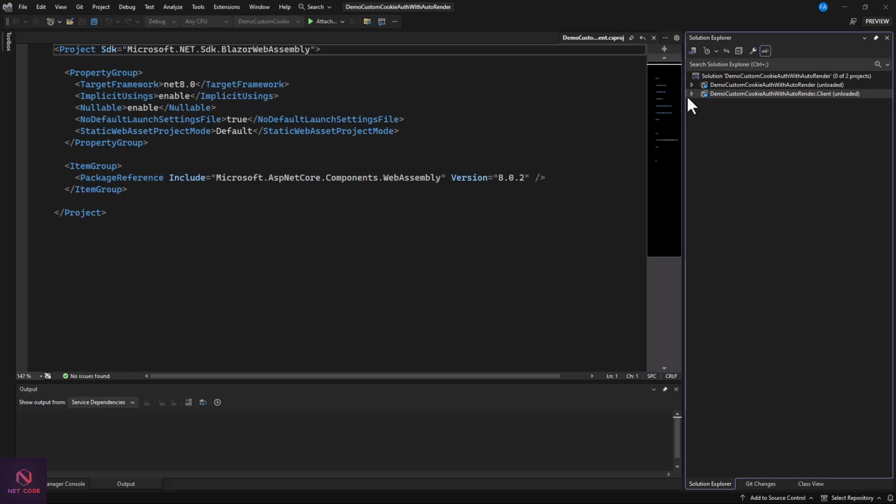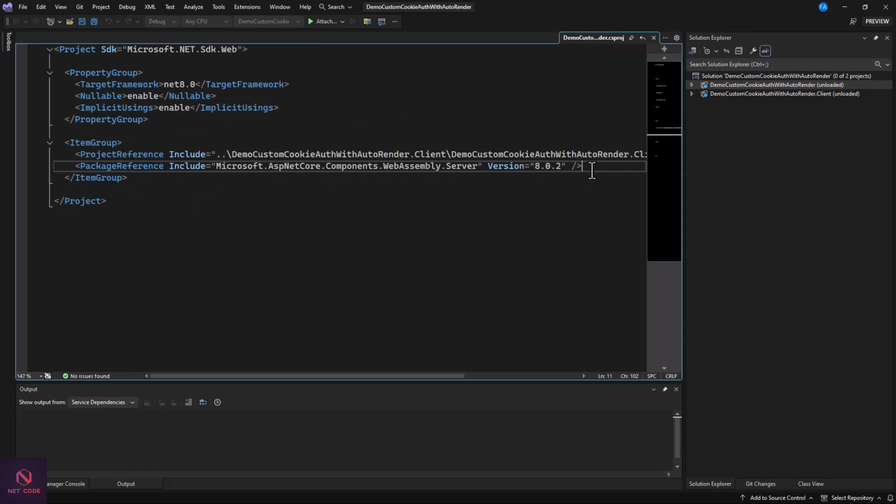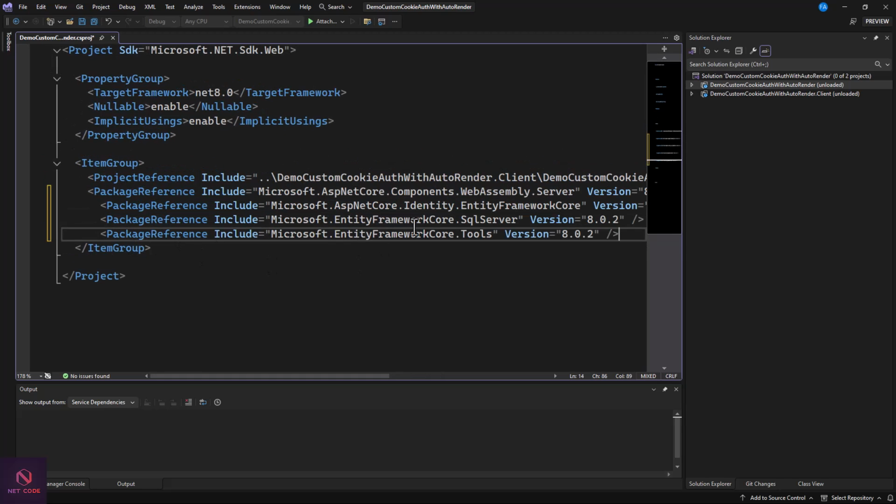So with the server project, we need these three packages. Here we're going to add the following packages. We need Microsoft.AspNetCore.Identity.EntityFrameworkCore. We need the SQL Server, and now the Tools. Now with this,